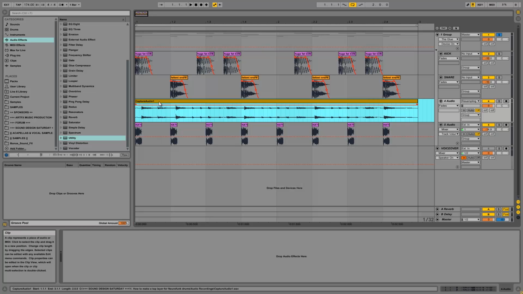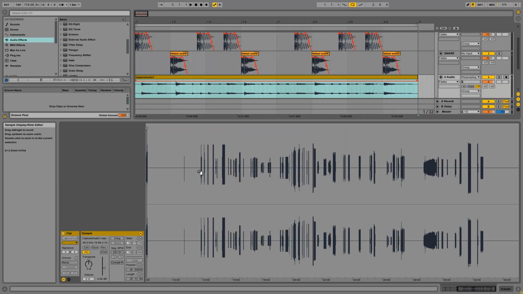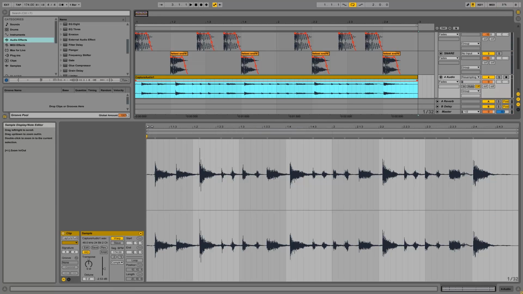So I'm going to fix that. I'm gonna open up the loop. First, let's consolidate it. And as you can see, it's a little bit off. So the first thing I'm going to do is I'm gonna add a warp marker right at the start of the first sound, and then